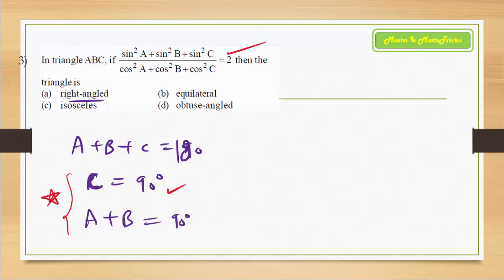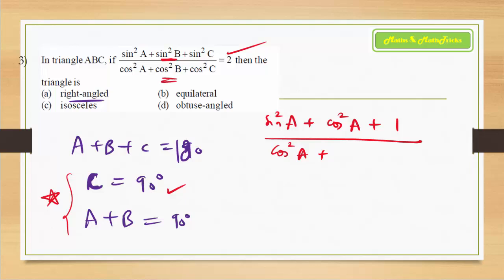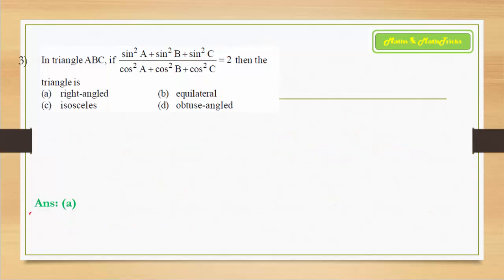Because what is happening, in the numerator, sine square A plus the second term, sine square B, I can write as cos square A, because A and B are complementary, and sine square C value is 1. Similarly, in the denominator, if I keep cos square A as it is, cos square B I can write as sine square A, because A and B are complementary, isn't it? And cos 90 is 0. So you can see that 1 plus 1, this identity, right? 1 plus 1, 2 upon 1. What is the value? 2. So this fact is verified by any right angle triangle. And here's the answer, option A.